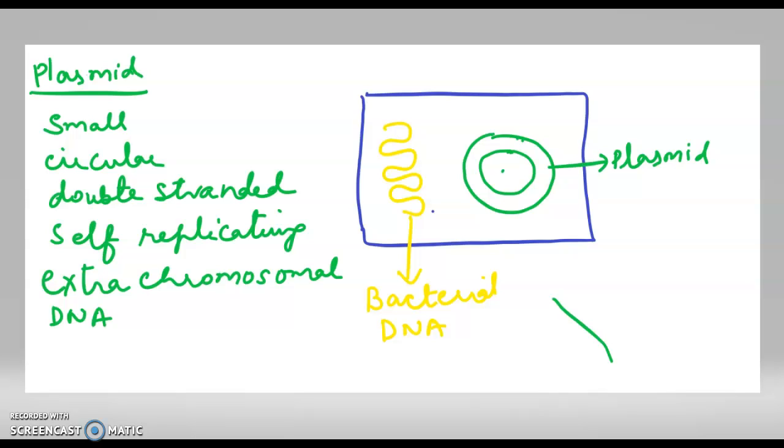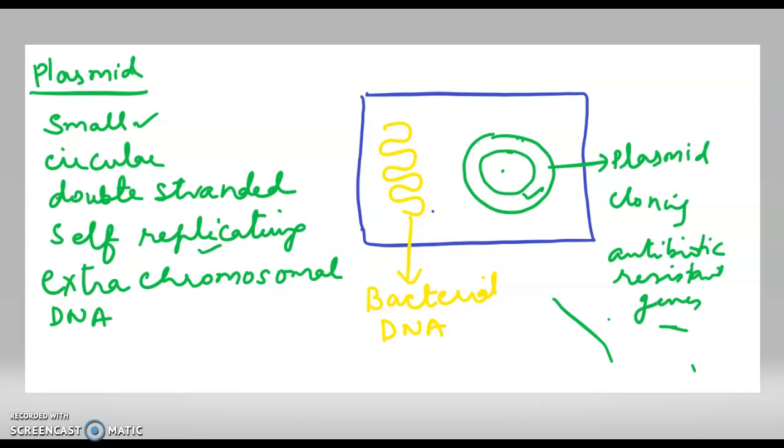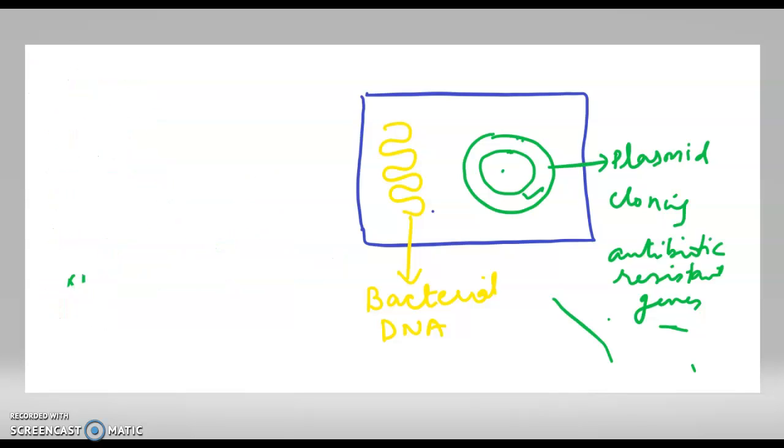So a plasmid has all the features required for a vector, for any vector required for cloning. As we are saying, it should be of small size, and a plasmid has small size. It can replicate, so it has the self-replicating property. It has restriction sites for restriction enzymes, and also it has a selectable marker in the form of antibiotic resistance genes. This will be more clear from the types of plasmids.